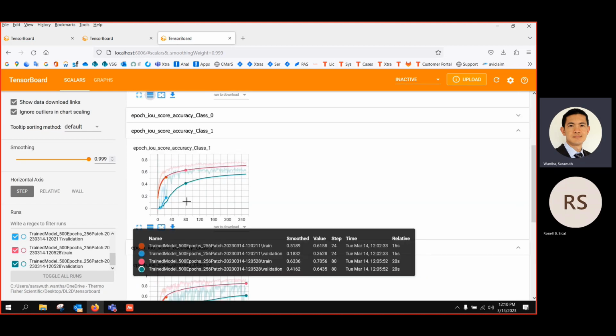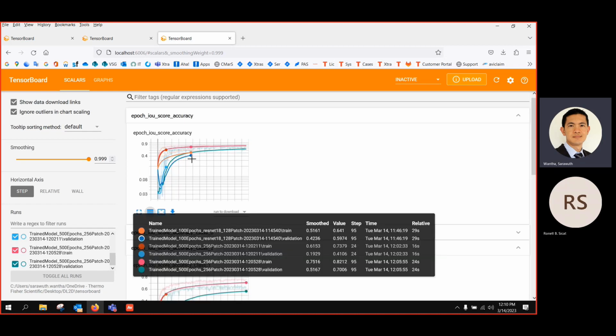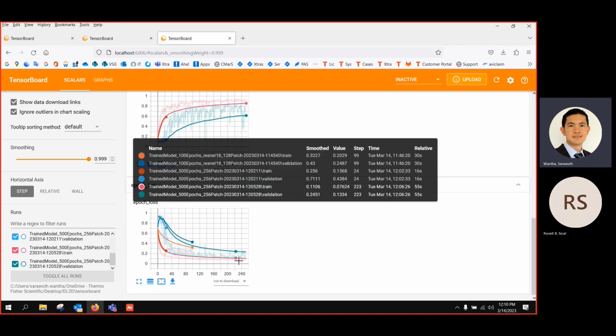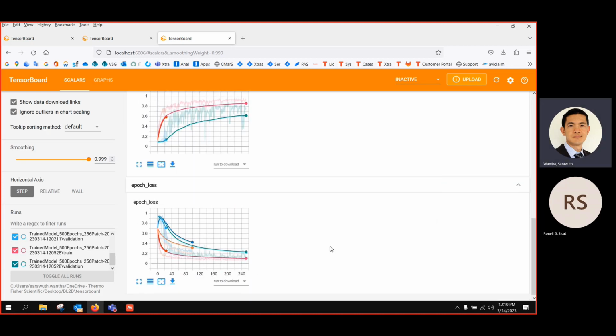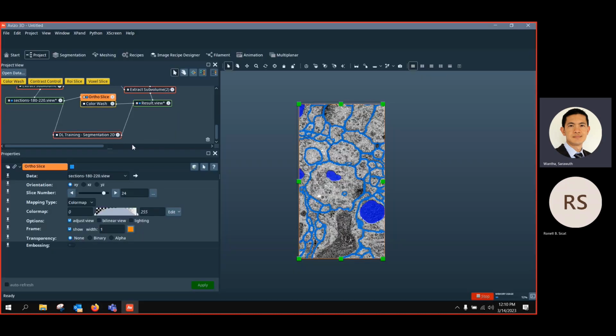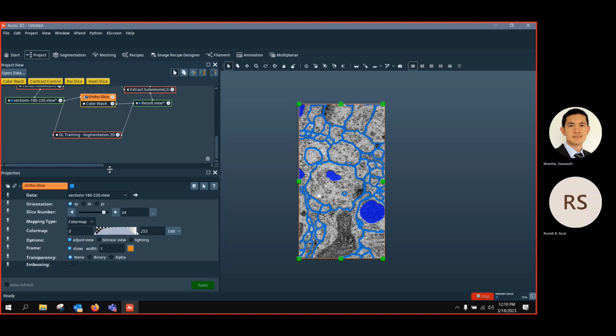So if you remember, from the first training we had about 0.56 accuracy, so 60% accuracy. But then in the last training, when we improved the number of epochs and some parameters, and increased the batch size, and also the patch image and patch size, you can see the accuracy became 80% and the loss became smaller. This is also better in terms of training. So now I'm going to use this again to run the